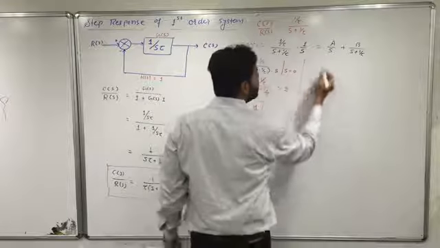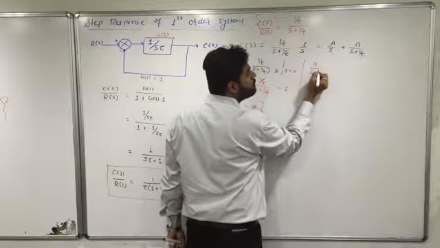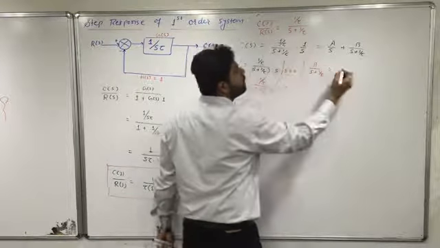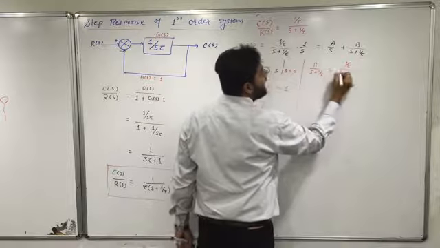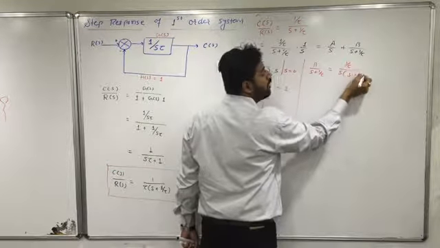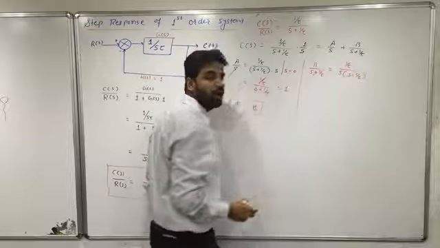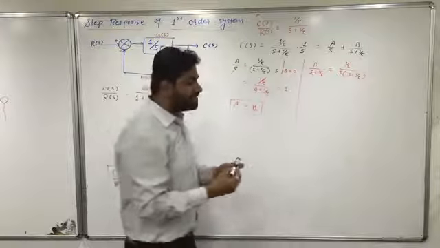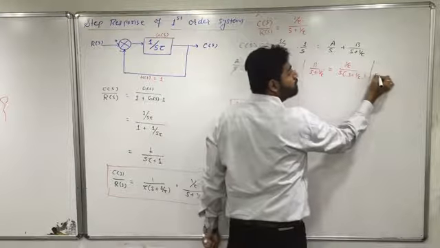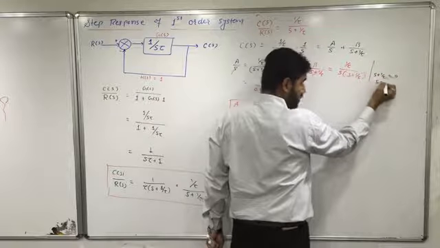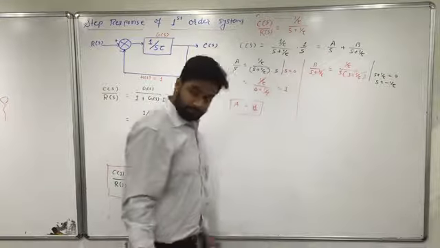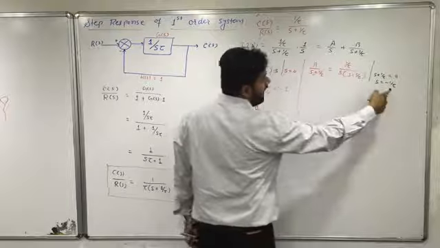So I can say that B divided by s plus 1 upon tau, which is equal to 1 upon tau divided by s into s plus 1 upon tau. s plus 1 upon tau, s plus 1 upon tau is cancelled. Whatever is cancelled, you will equate it to 0. So I'll be having s plus 1 upon tau, which is equal to 0. So s is equal to minus 1 upon tau. Is it clear? Fine.